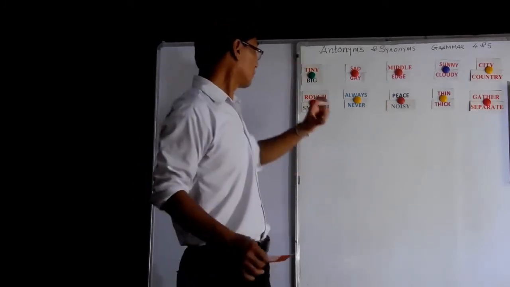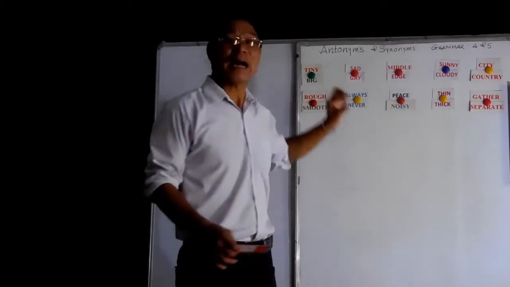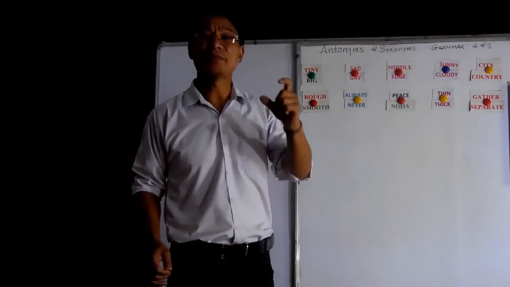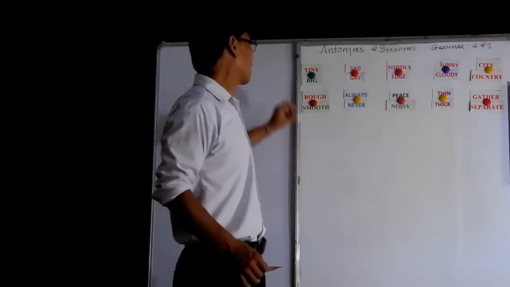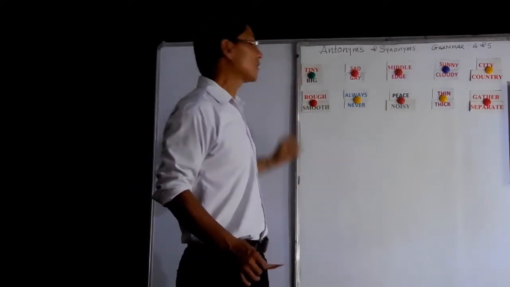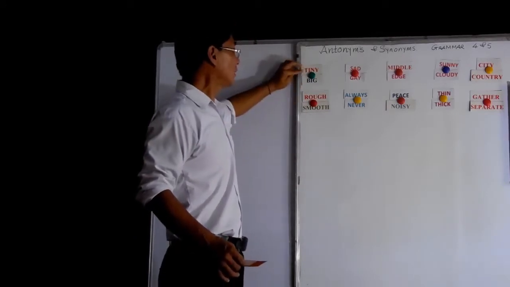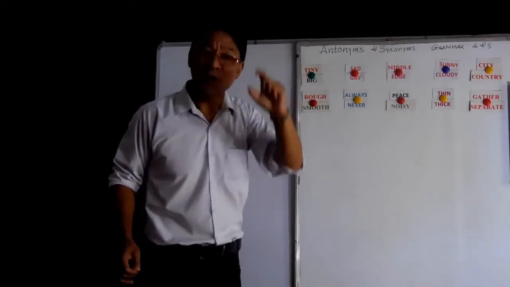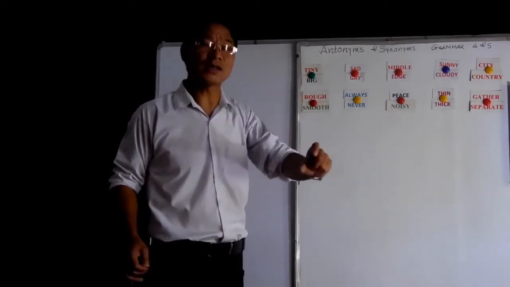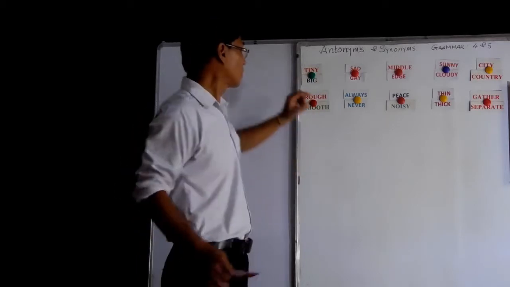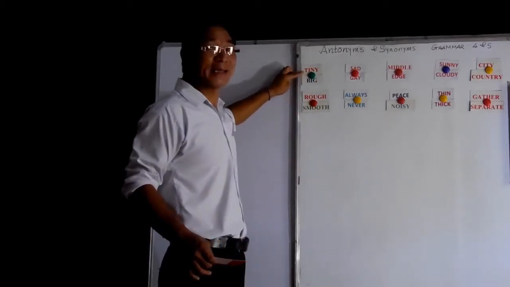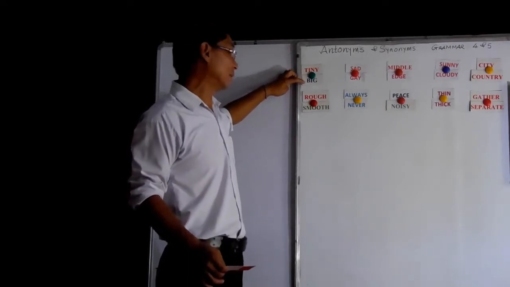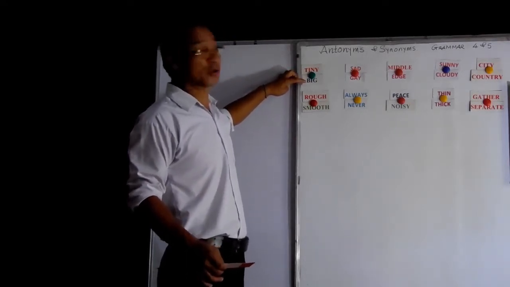Here in this episode, I will tell you the antonyms, and I will also try to make sentences to make more clear about it. So first one is tiny. Can you see the word tiny here? T-I-N-Y. Tiny means not only small, smaller than small, it's very, very small. So the opposite of tiny is big. So ant is a very tiny animal, whereas elephant is a big animal. Big, you can say a giant also.